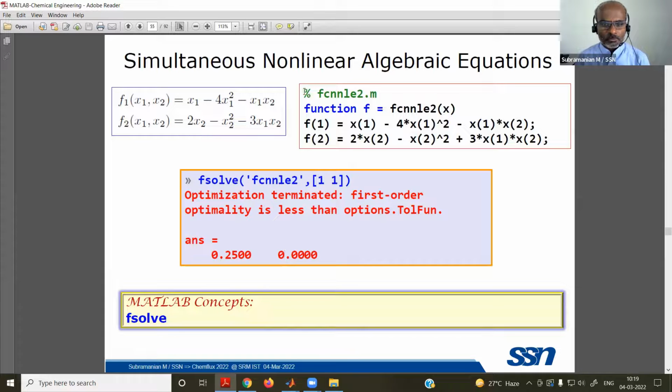So always this function file I have, and I'm inputting this to a built-in solver of MATLAB, what is called fsolve. To the fsolve, the file is inputted and the initial guess. Once I press enter, I'm getting this kind of thing displayed. It is giving some other things also. All this you can try yourself or explore by simply using fsolve. Or help fsolve will give you many other options.